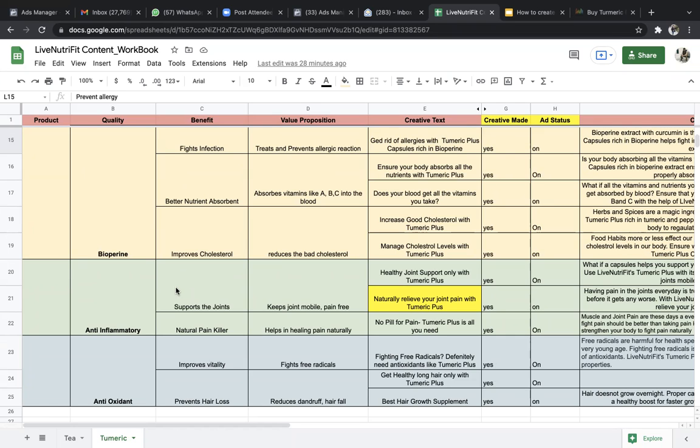For FMCG, it goes up to 2 to 4x because FMCG works on the reordering model. So 2x or 4x is the return on ad spend. It means I'm spending 5,000 on ads and I'm getting 10,000 or 40,000 in revenue, but those people will reorder again because FMCG products are consumed very regularly. So there, I believe customer lifetime value is very important.